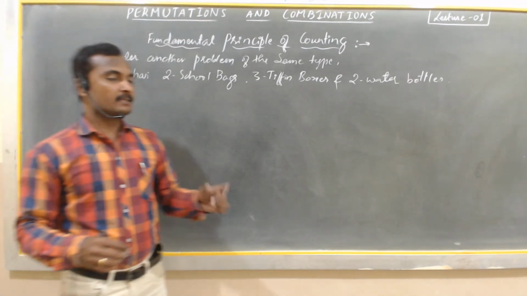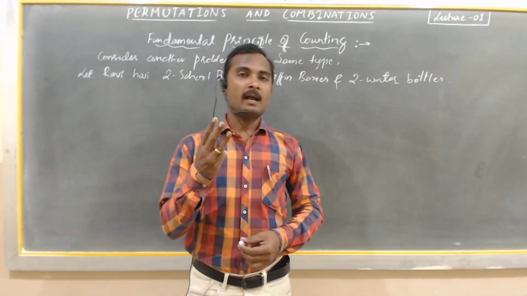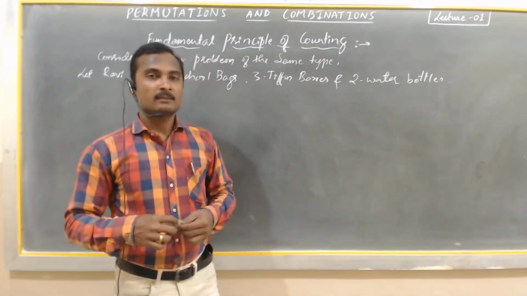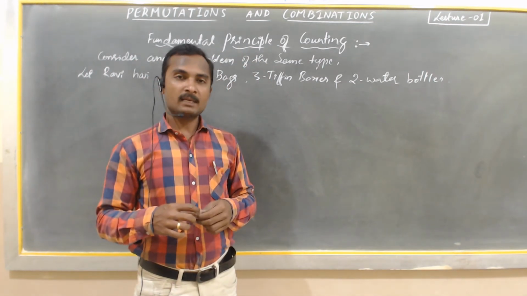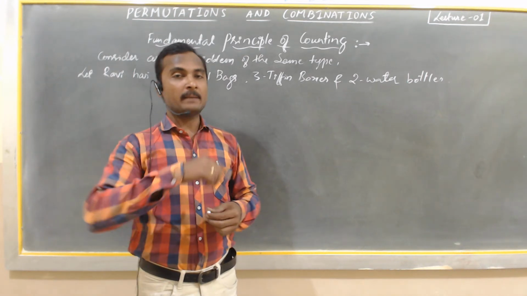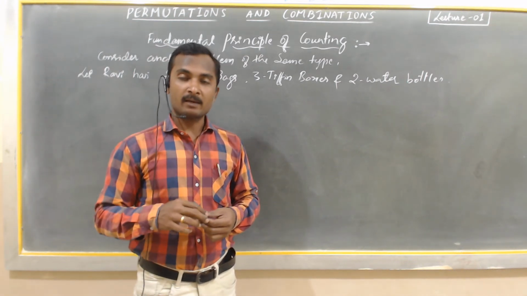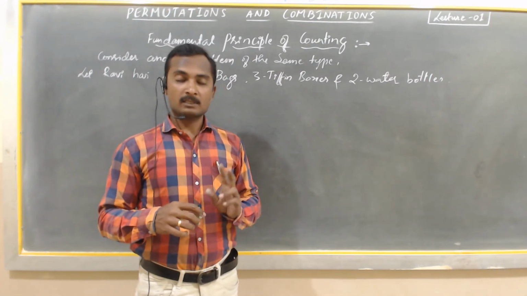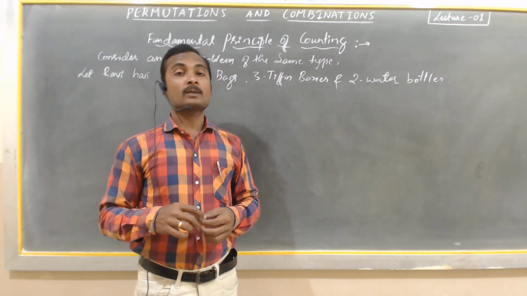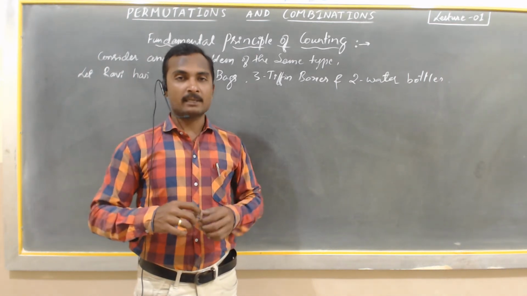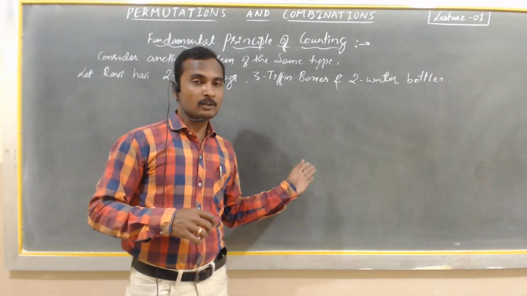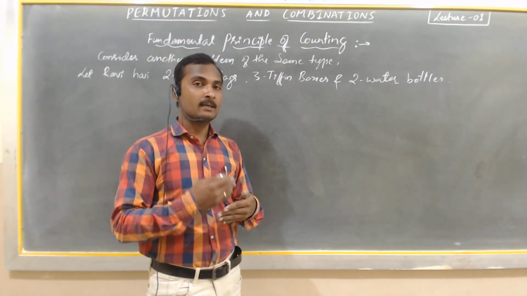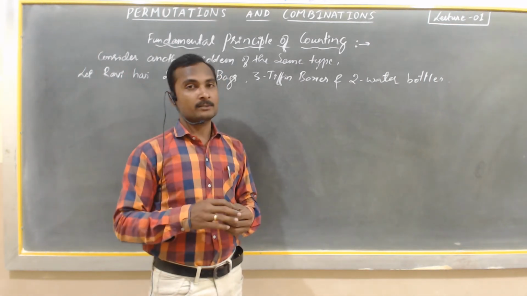Okay. In the last example, out of the three pants and the two shirts, there are six possible combinations we have learned. Out of the three pants and two shirts, only one pant and one shirt can be chosen to make a pair of dress. Therefore, the total number of pants is three and the total number of shirts is two, so 3 into 2 is 6. And pictorially also we have studied how the possible pairs can be constructed using the three pants and the two shirts.